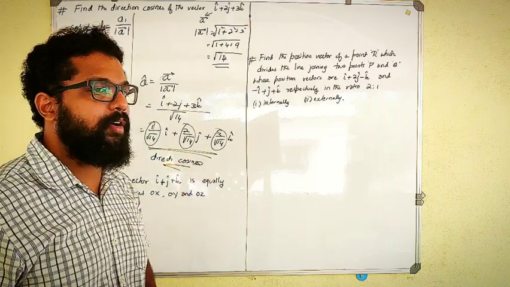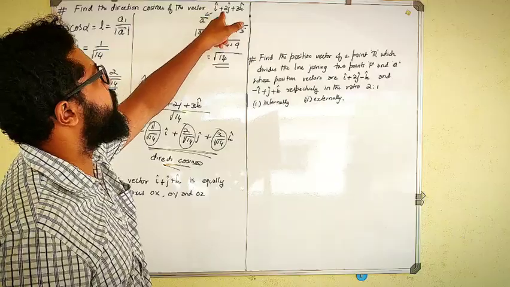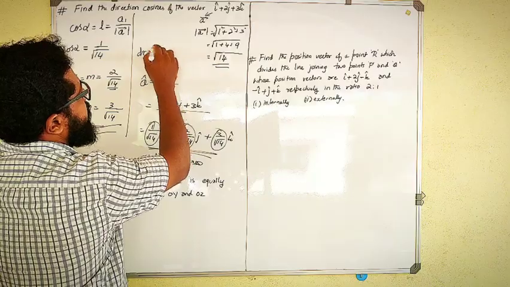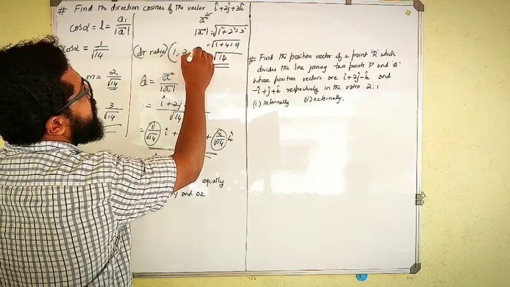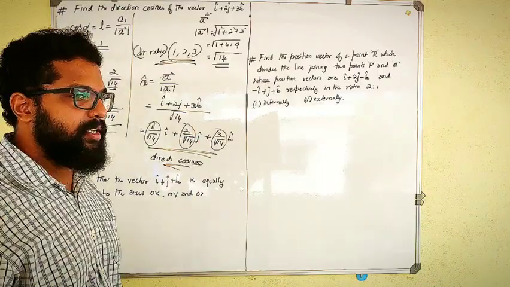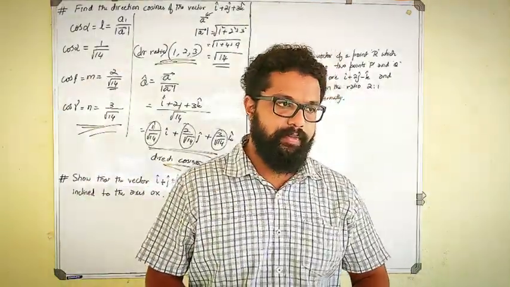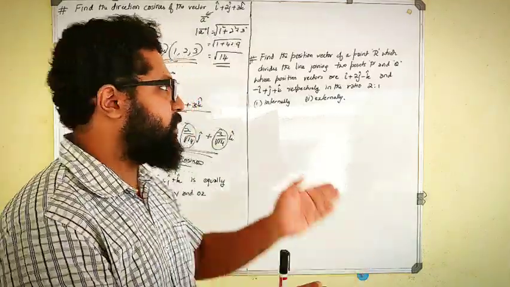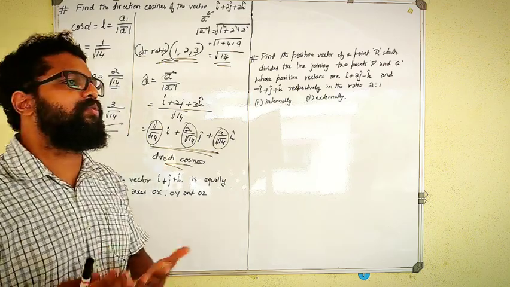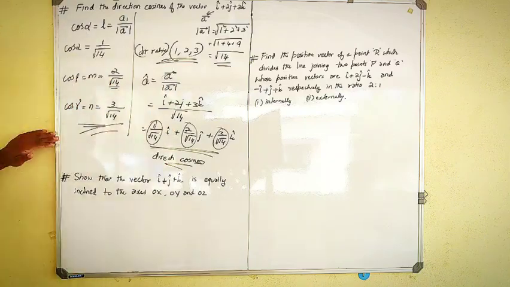Direction cosines are nothing but the components of a unit vector of given vector, and direction ratios are nothing but directly the components of the vector. So if they had asked you what is the direction ratio of the given vector, simply it is 1, 2, 3. That is your answer. Clear? So don't get confused with the direction ratios and direction cosines. Direction cosines are the scalar components of the unit vector of a given vector, and scalar components of a vector itself is direction ratios. Clear? So understand this problem clearly. It is highly asked, most of the time the direction ratios or direction cosines will be asked in the question. So this one is first question.